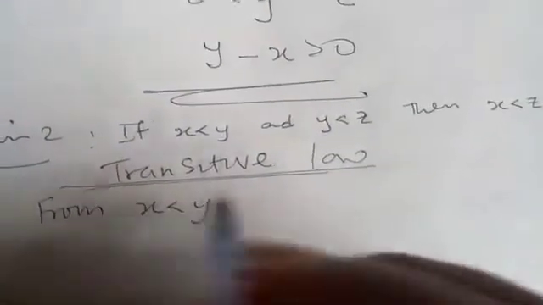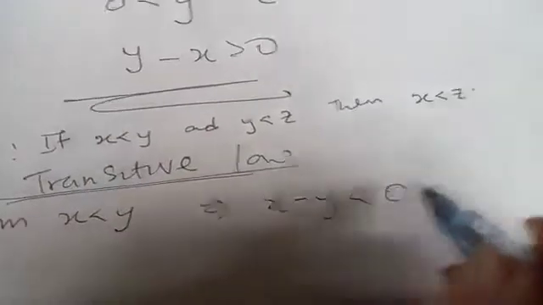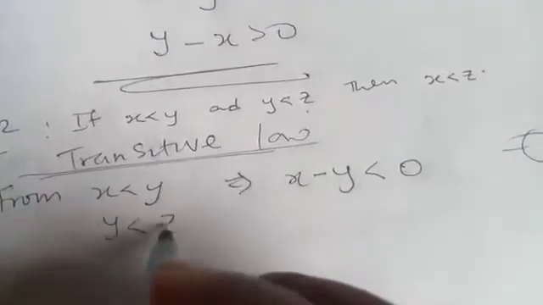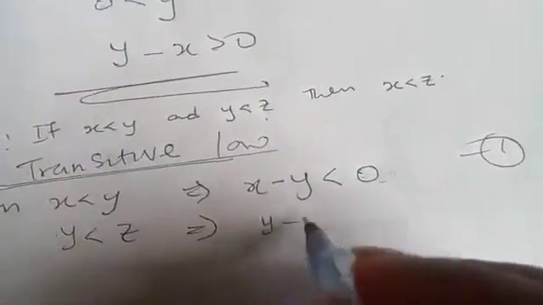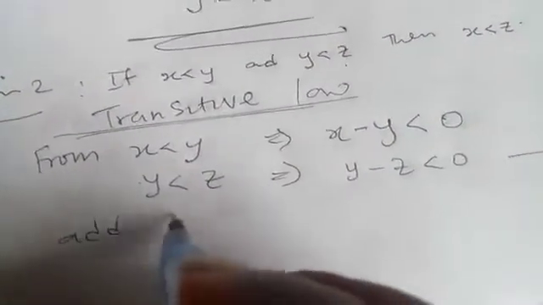From x is less than y, by this proposition, definitely x minus y is less than 0. Also, if y is less than z, definitely y minus z must be less than 0. So let's add equations 1 and 2. If you add equations 1 and 2, you are going to have x minus y plus y minus z is less than 0. So minus y plus y is gone. What we have left is x minus z